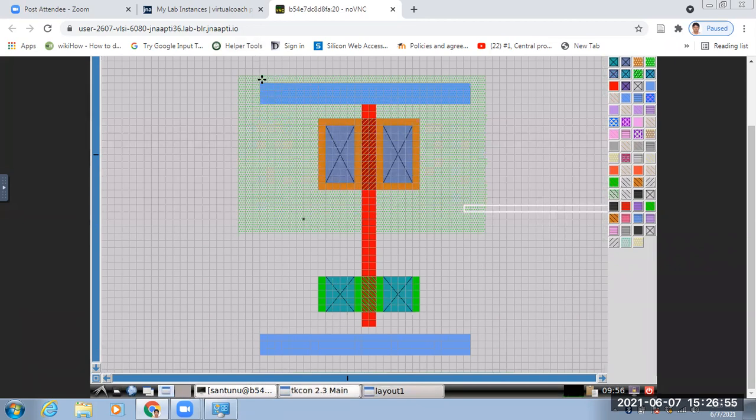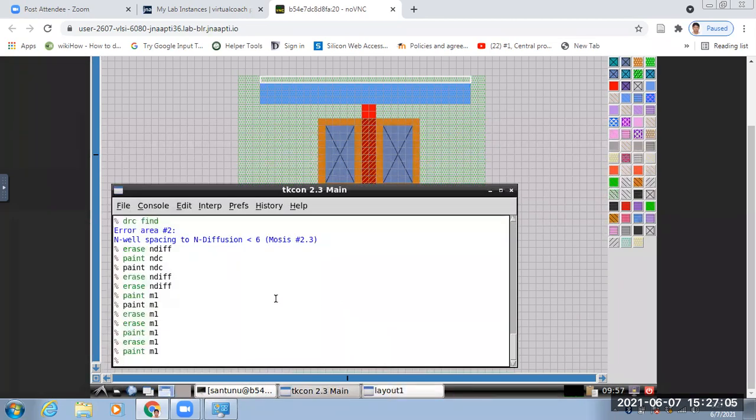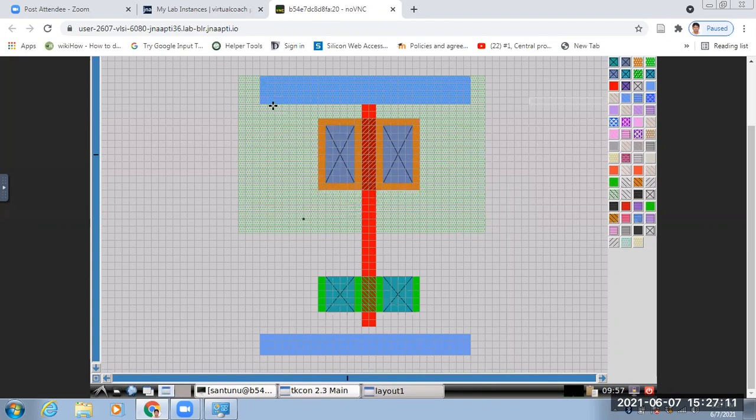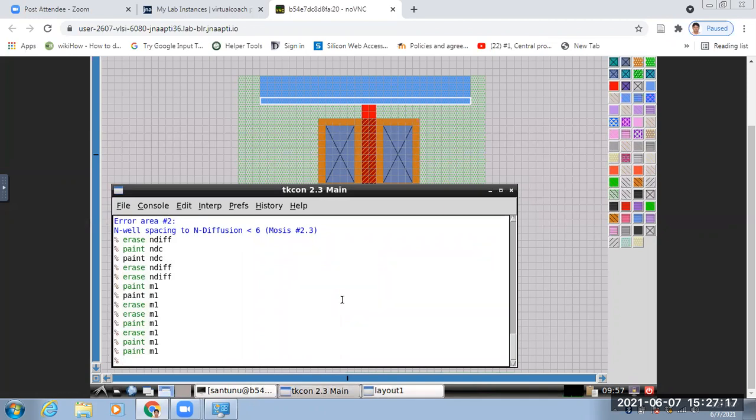There is no error, still you can do this. And you can remove, erase M1.